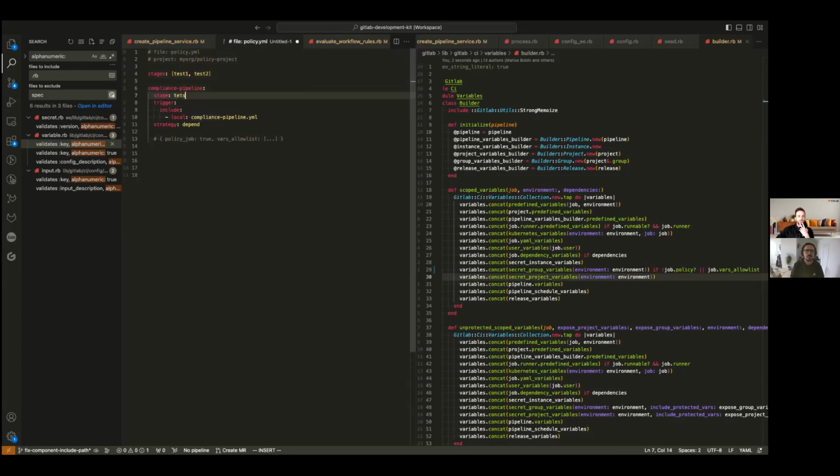Stage test 1. What can happen here? If the single source of truth for defining stages is the GitLab CI YAML, in the end, with the jobs we are adding here, we are going to discard this. When we take the data structure of this policy YAML, we discard stages, right? The stage test 1 makes sense in the context of this file, but once we take this file and